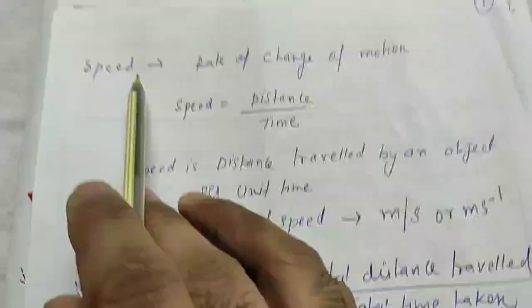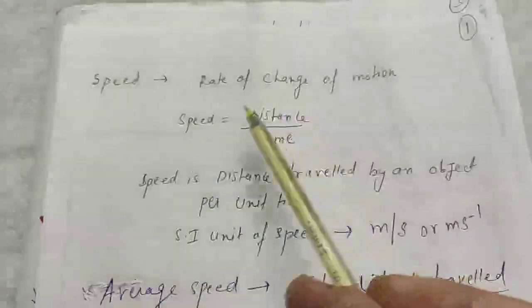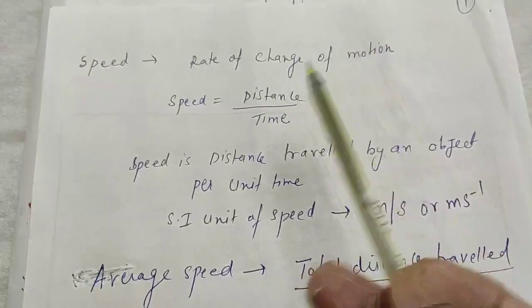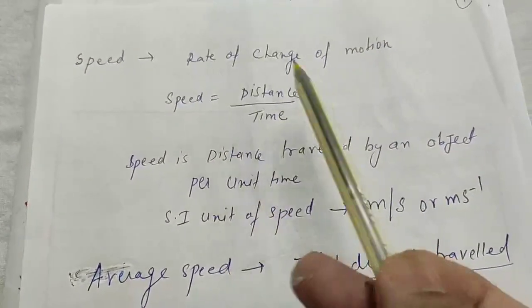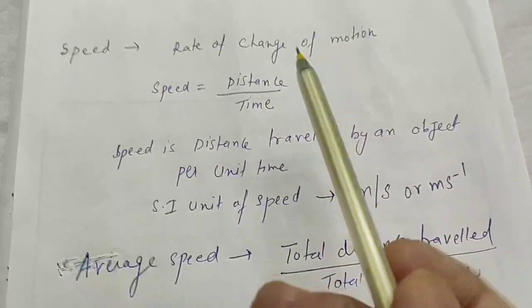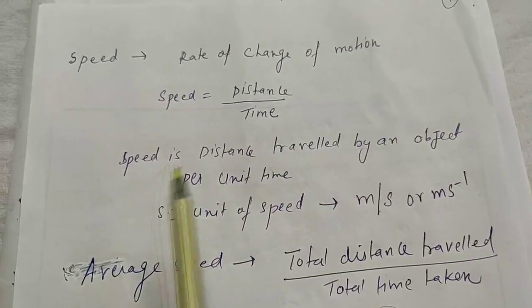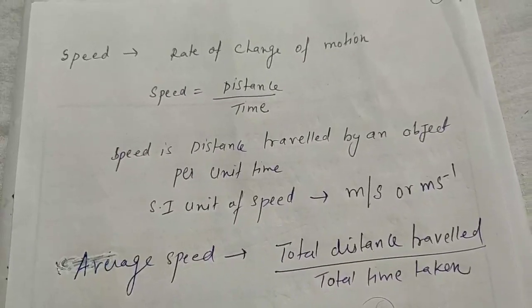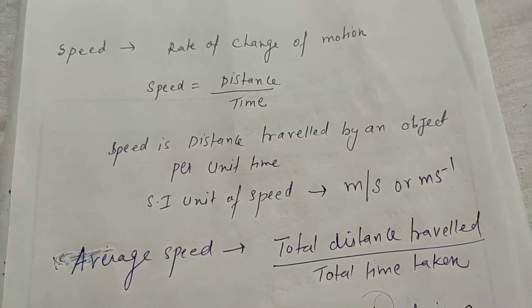So in the previous video you have studied about speed. So basically what is speed? The rate of change of motion, when an object changes with respect to time. The rate means always with respect to time. So if an object covers some distance with respect to time, that is your speed. So speed is the distance traveled by an object per unit time. Suppose in 1 second, how much distance an object covered,